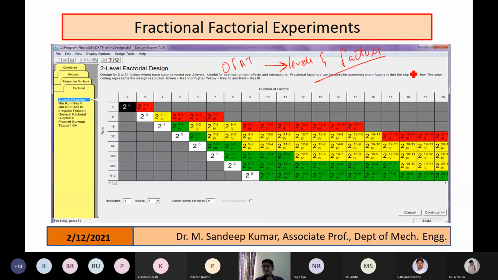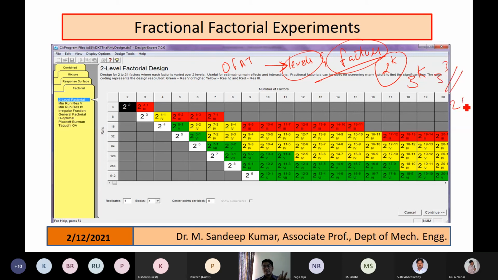Then for fixing the factors, we went with factorial design, where 2 to the power of k can be used, or fractional factorial designs also can be used, for knowing which factors can be considered, or which actually affect the response. Once we knew both of these, we went with a full factorial design, 3 to the power of k, so 3 to the power of 3.